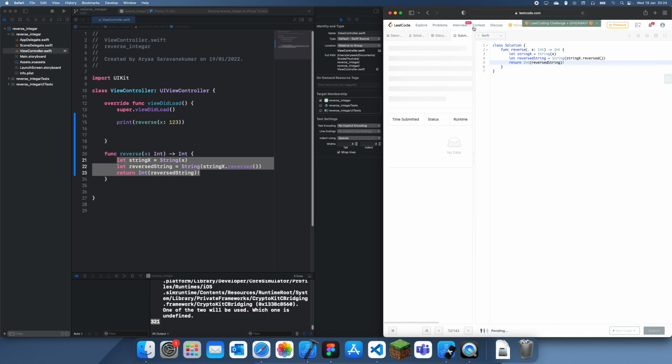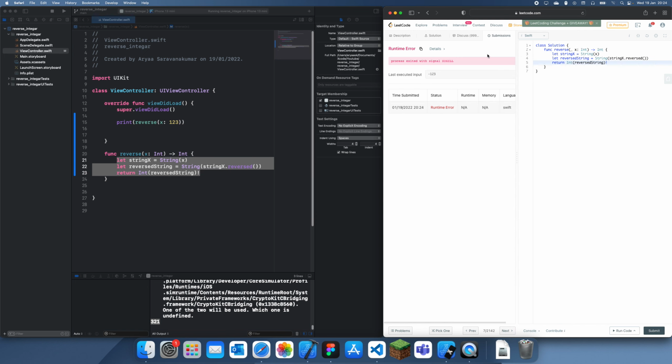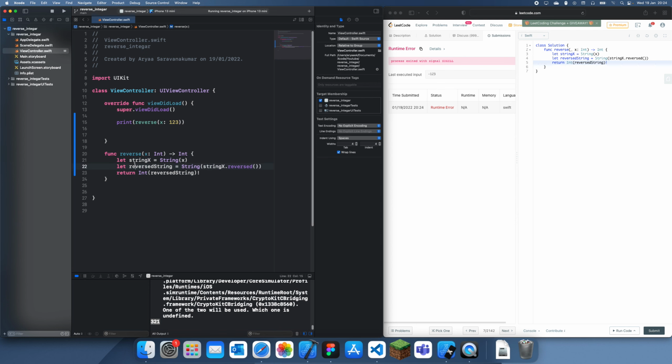So we'll click submit, and I know this isn't going to work, but let's just see what it gives us. Okay, so last executed input and process exit. Okay, makes sense because it's a negative number. So what we can do is we can just check if it's divisible